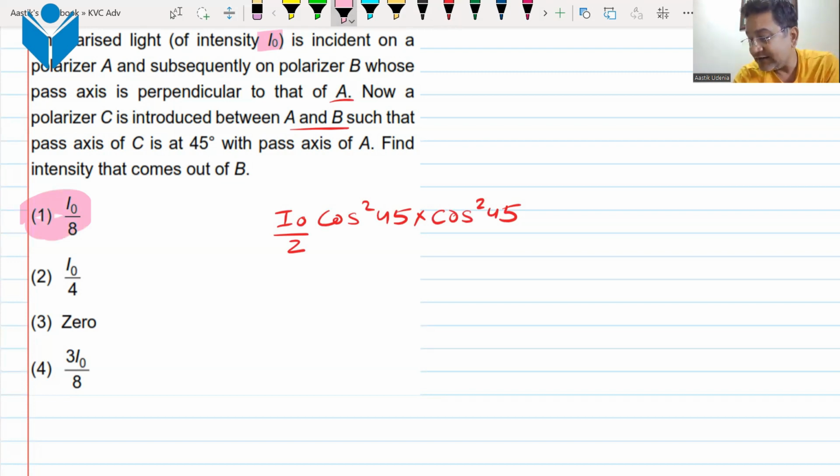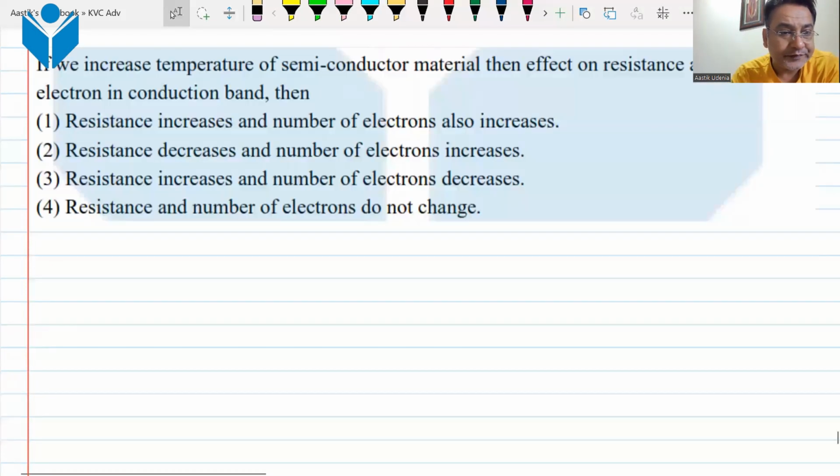That takes us to the next one, and this is the next one in the same category, same paper, and you can see how questions from different sections come